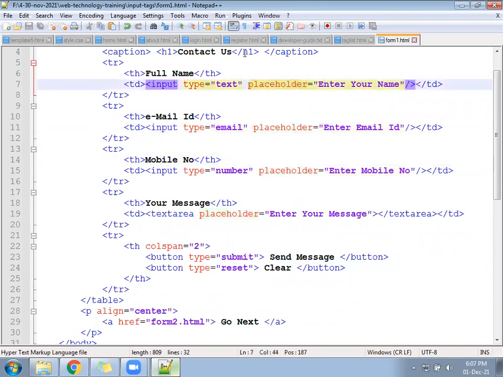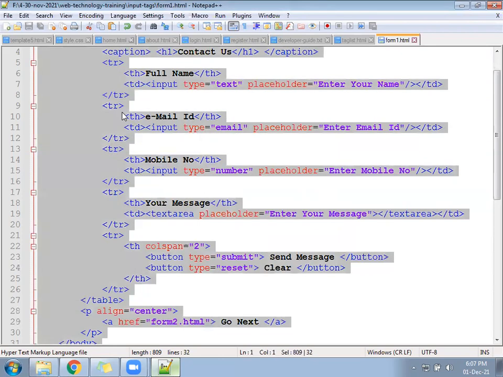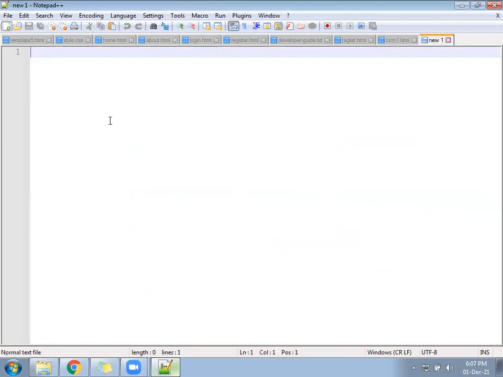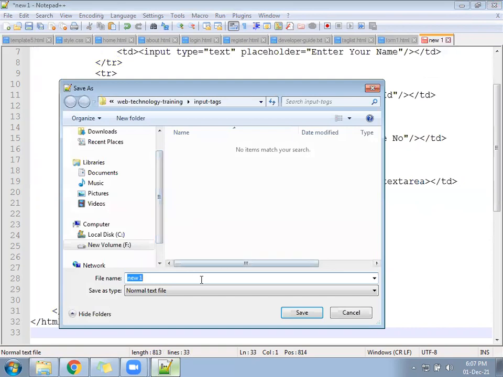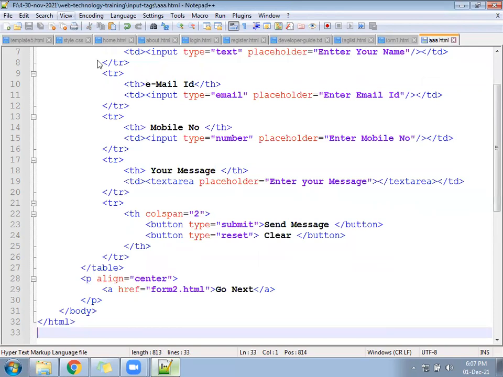You are sending your code. Okay. Let me copy your entire code. After copying the entire code, I will paste it in the current file. So this is the file. I will paste your entire code here, or let me create another file. I have seen that. Something.html I have given. After that, I run the file.